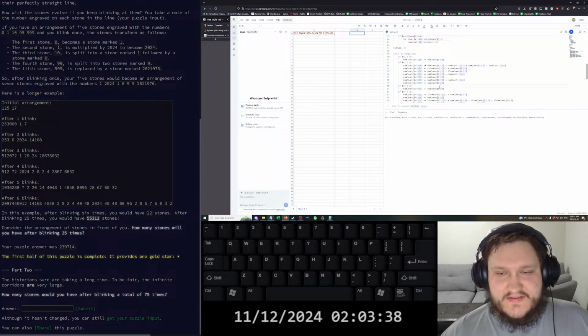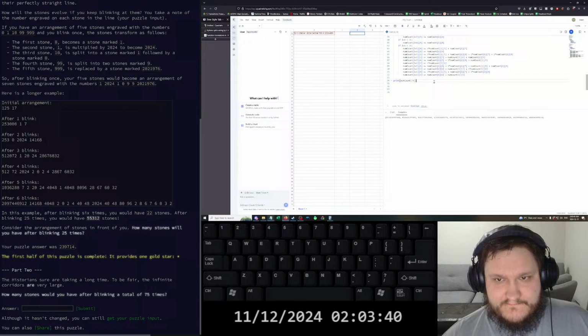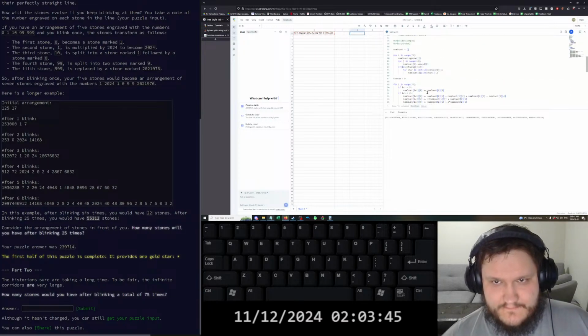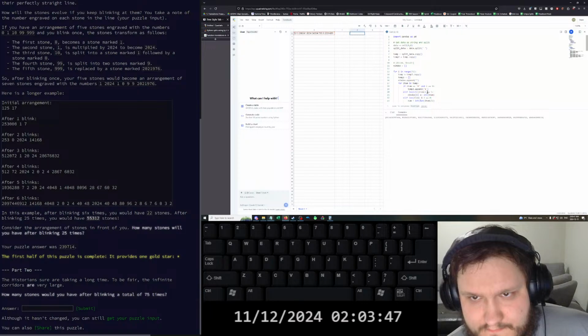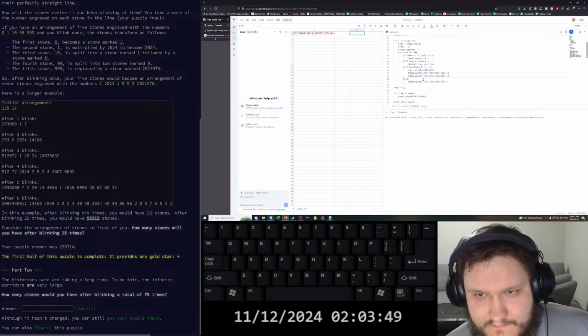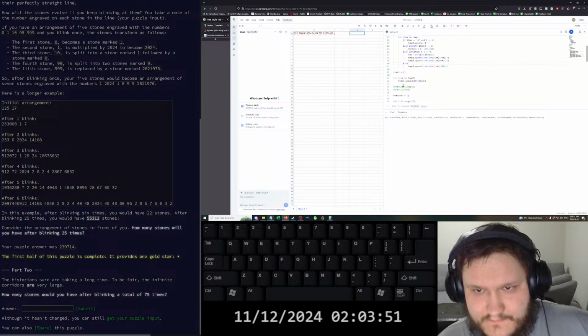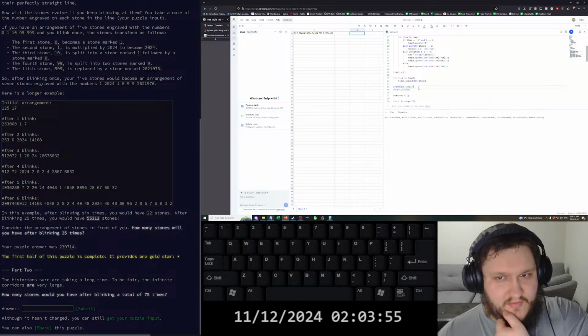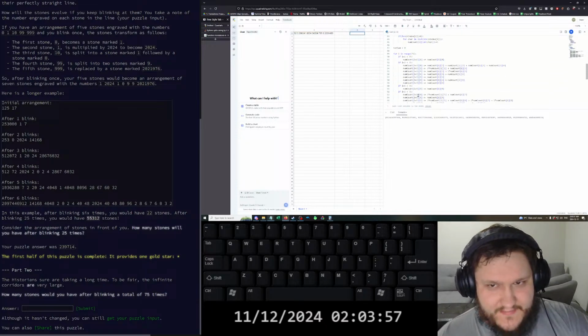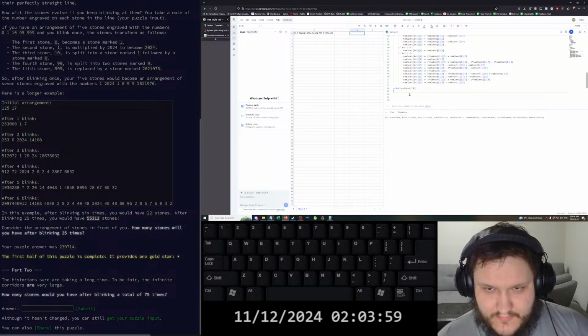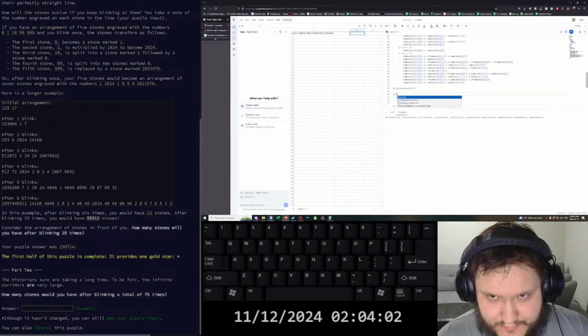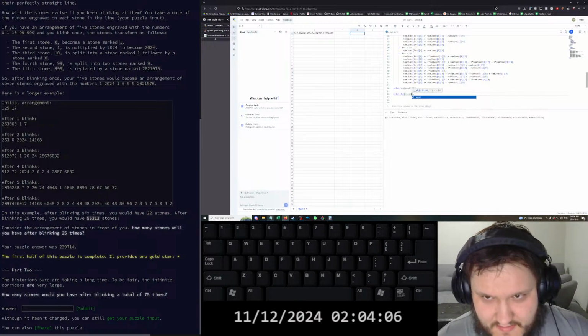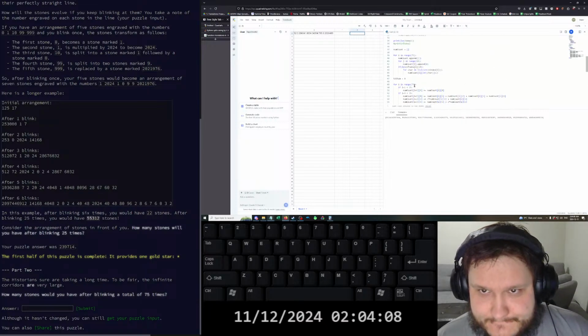Okay, so we print the length of temp 3. So print the length of temp 3 plus